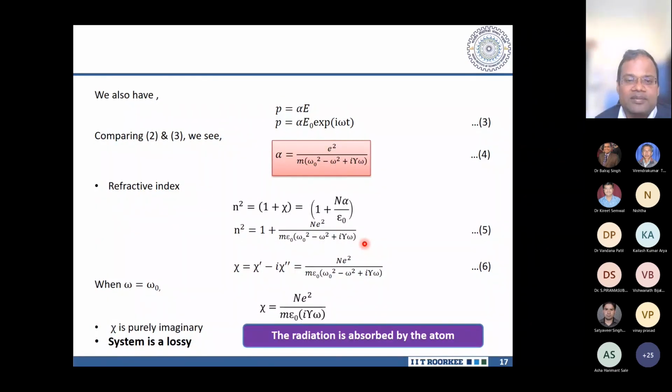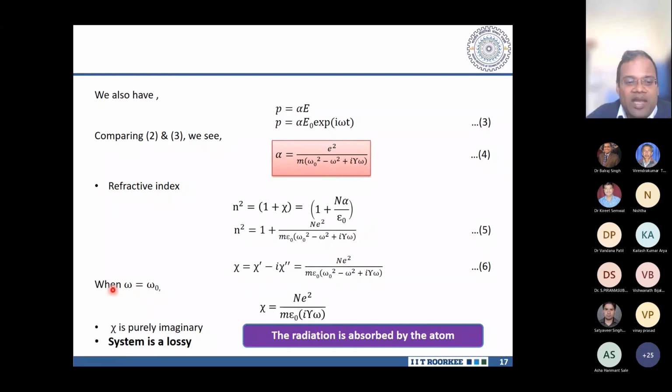Now refractive index is associated with susceptibility, n squared equals 1 plus chi, and chi you can write as N alpha upon epsilon naught. So here you see n is now associated with alpha and capital N. This capital N is the number of atoms per unit volume, and this is the reason solids have higher refractive index compared to liquid or air, because N is much higher in solid as compared to liquid and air. So if you substitute here, you can see this has something with iota. This is important.